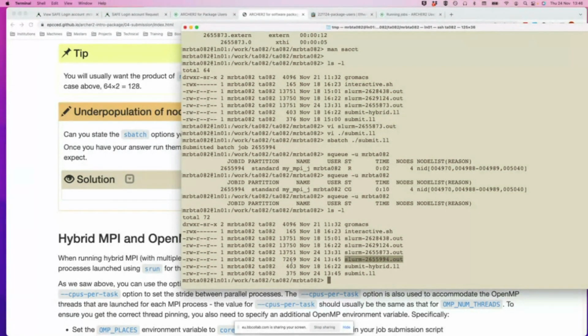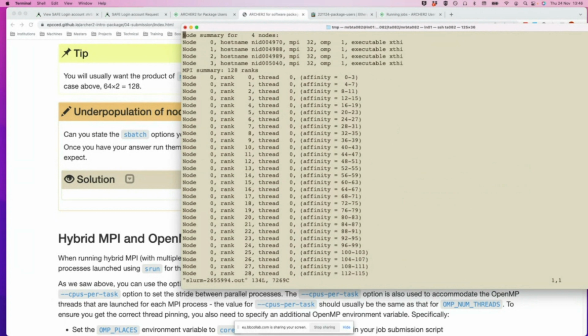I had 2 nodes fully populated, 256. So I've got 4 nodes, 32, which is 128. So I just have to take a look at that. So there you go. I've got these spaced out at 32, and then I've got the first task is there,